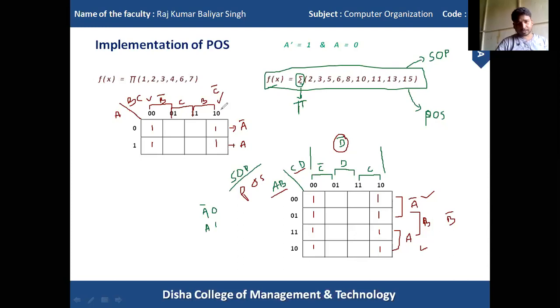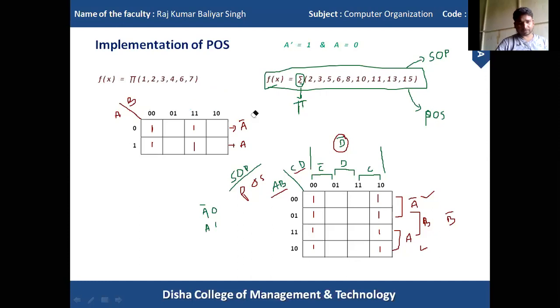Here a question may arise. In a few regular classes, I got this question from the students. Suppose I have a structure like this, 1 1 and 1 1 here. Can we fold it? Can we combine these two columns? Let's see whether we can find that common value or not. I would like to erase everything.